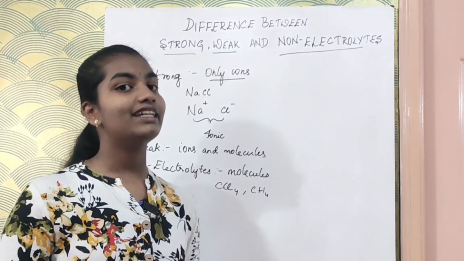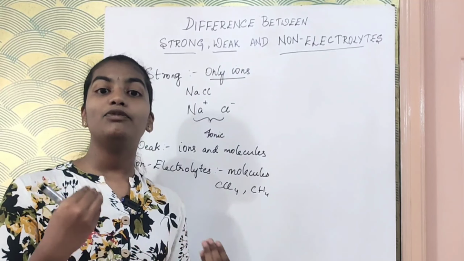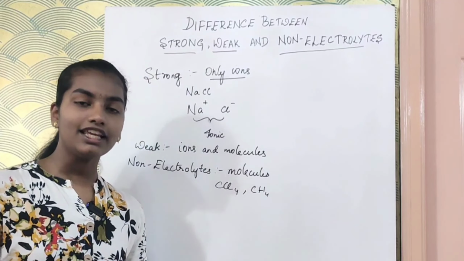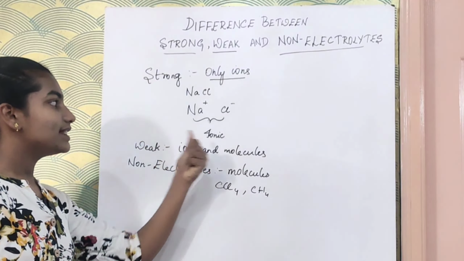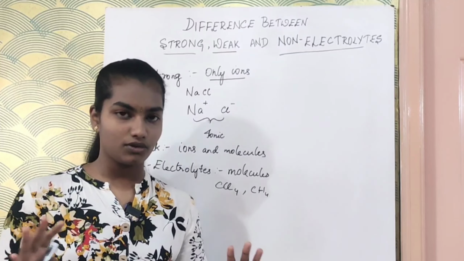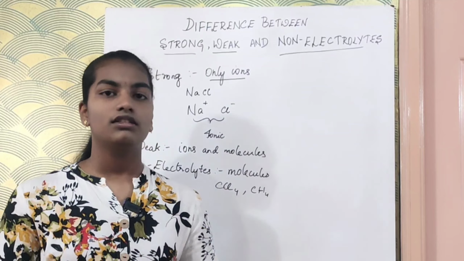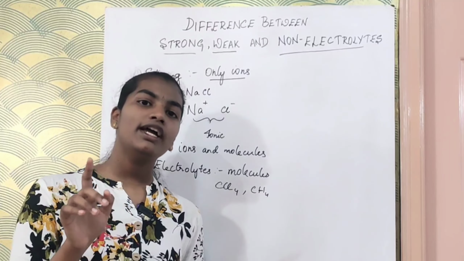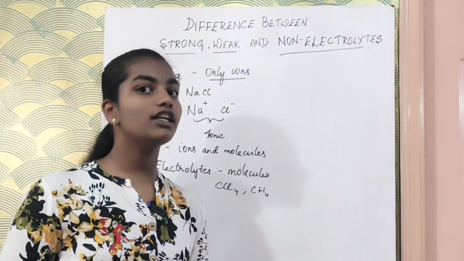Okay, you might get it in the form of give reasons or identifying what type of electrolyte it is, or why is that so, why is it a weak electrolyte. For example, NaCl. Normally if they ask you what type of bond is there between sodium and chlorine, it is an ionic bond itself. It is an electrovalent bond. But why is common salt not passing electricity?